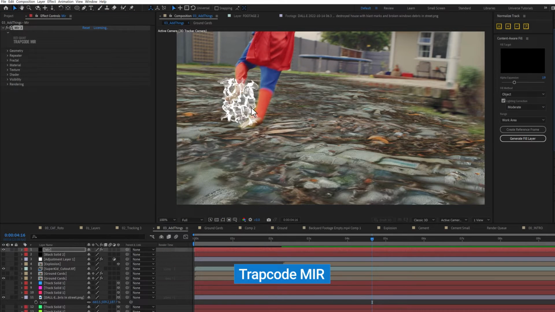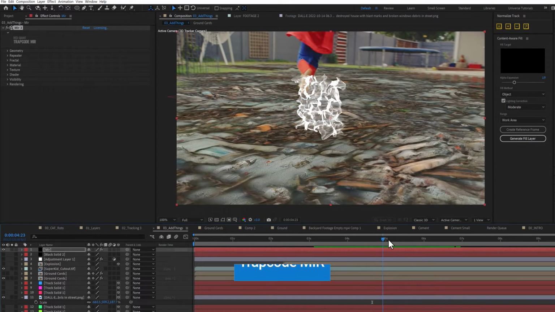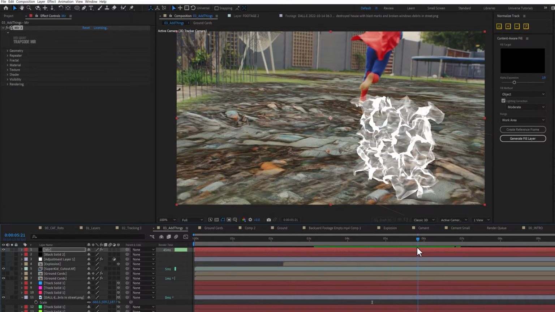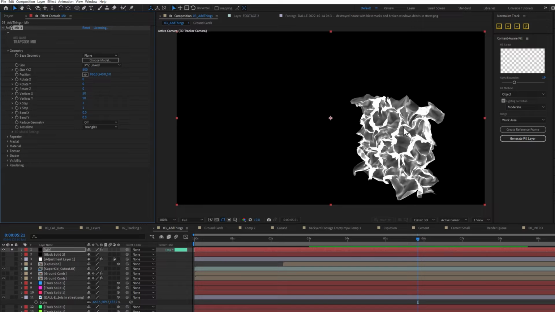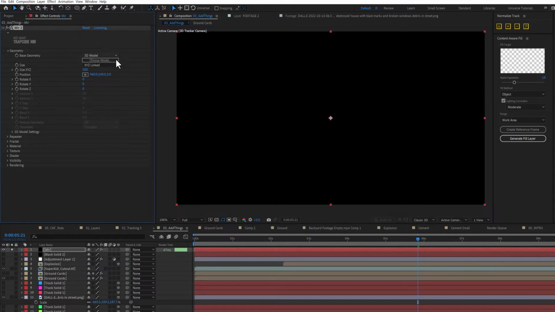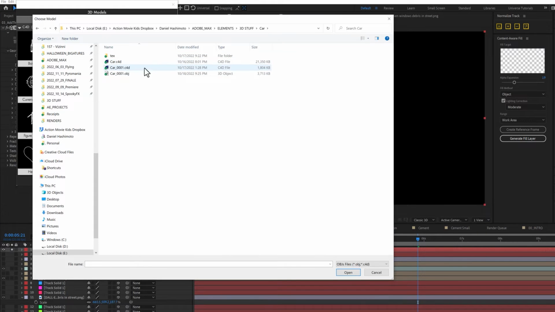Now what Mirror does is it generates this little fractal field that's 3D. And usually I would use this fractal field for something like motion graphics. It's kind of weird, and you might open it and not really know what to do with it. But one of the cool things you can do right away with it is switch from this self-generated plane to a 3D model. Here I can click on Choose 3D Model, Add New Model, and go and find that saved